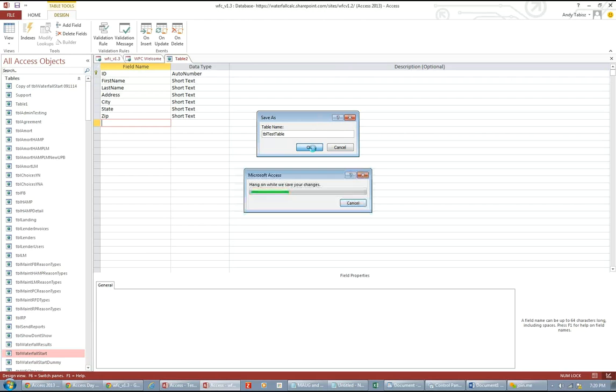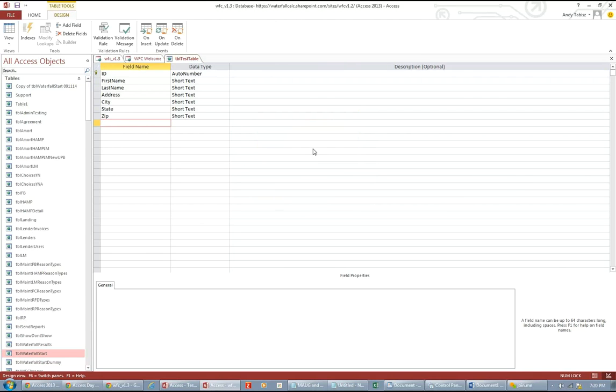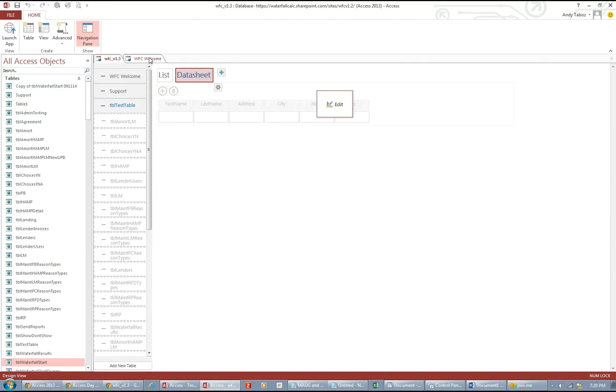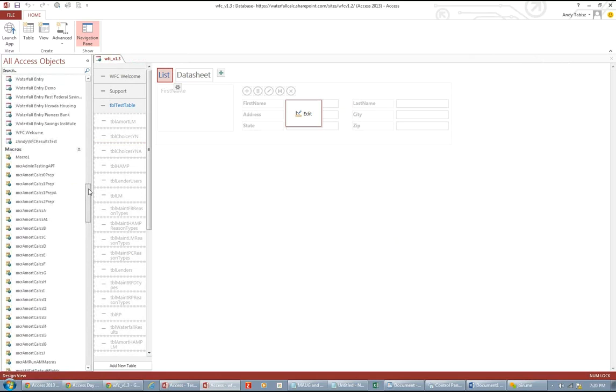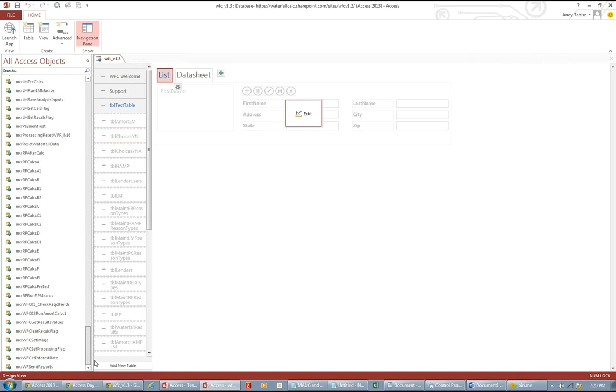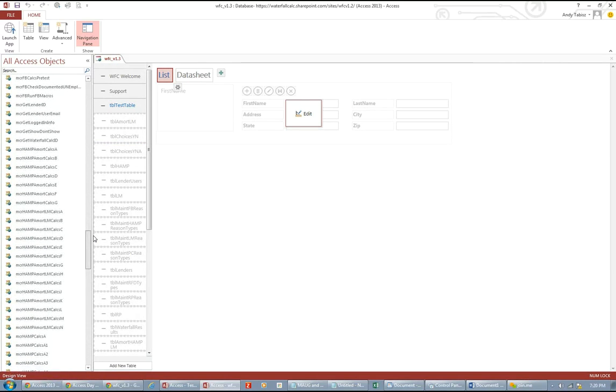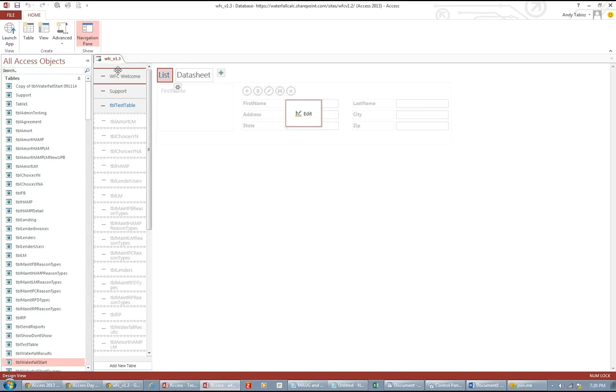So creating a table within your web app is just as easy as creating a client table. I'm going to close out of this one. Creating that is just as easy as creating a client-side table. The same thing goes for forms. Same thing goes with queries. And we're going to go down here. You can see we've got macros, and you'll see here that we are missing reports, and that's because in a web app,